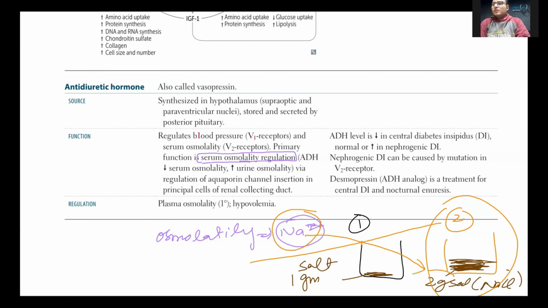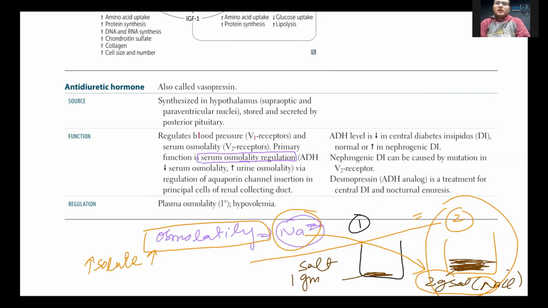When there is more salt in glass 2, there is more osmolality. Water is the same, solute is more in the glass. So solute is determining osmolality. Remember this: when solute is increased,